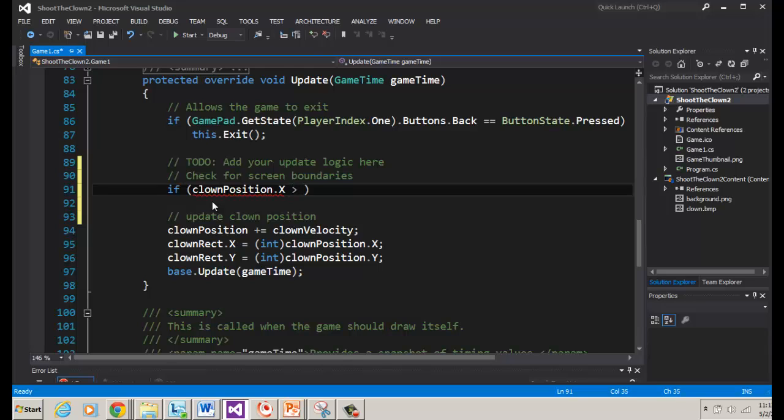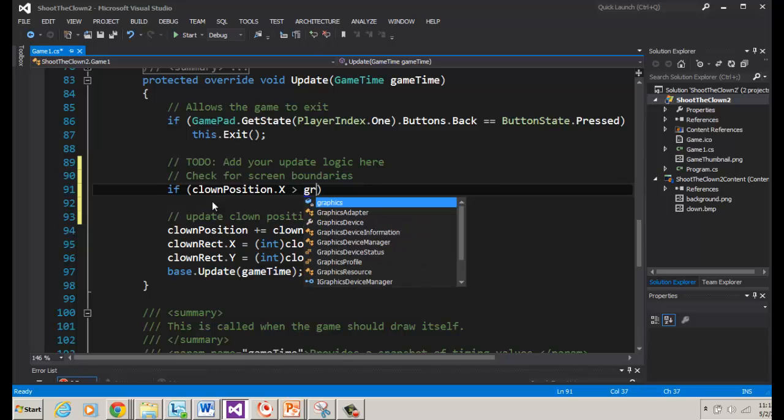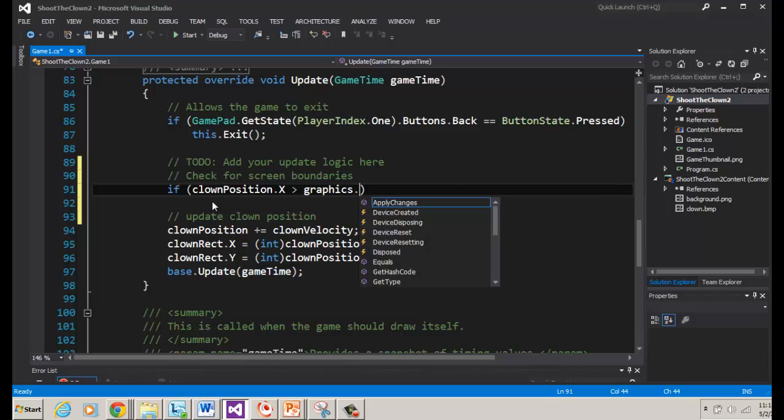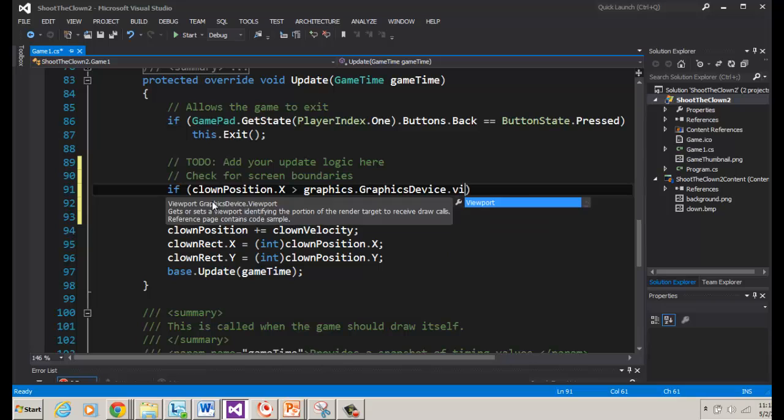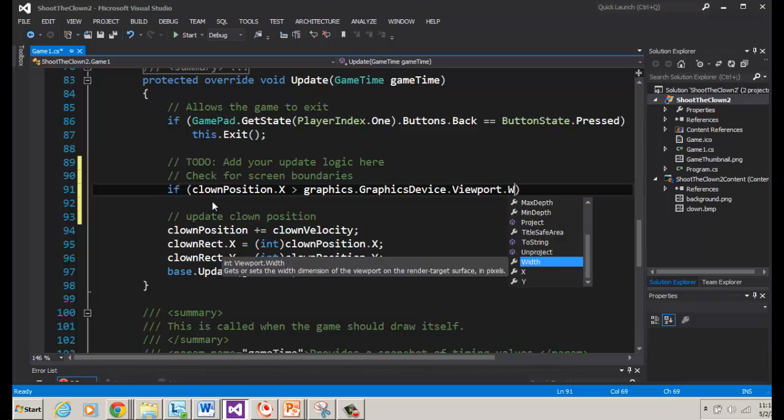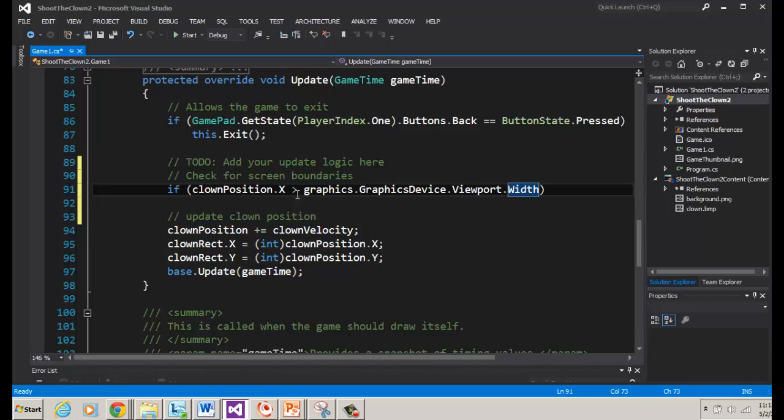okay. Now we want to know the width of the screen. Now I know right now the width of the screen is 800 pixels, but what if I decide to change it later? I don't want to have to go through my code and look for all the hard-coded numbers. So I'm going to use a variable instead. There's a variable already built into our graphics objects that will tell us the width of the screen. So I'm going to put graphics dot graphics device dot viewport, that's our window, dot width. See that? So we're going to say if our clown position x is greater than the width of the screen,